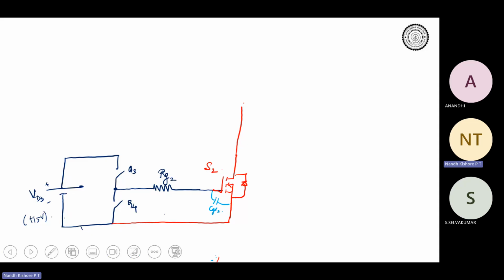So this is for the bottom device. For the bottom device, I think it is very simple. But now let's come to the top side. For the top side, can I have some arrangement which will allow me to have a single supply? That was the question. So what people did was,